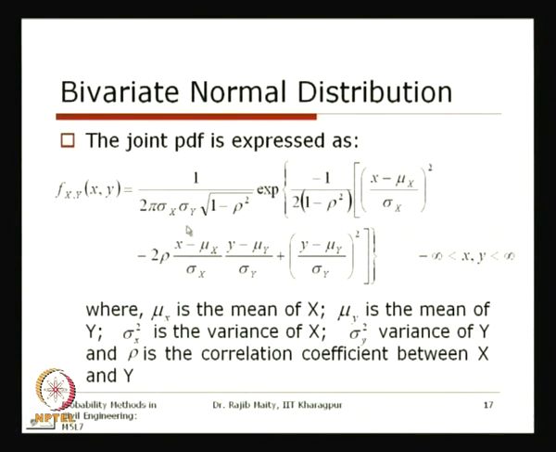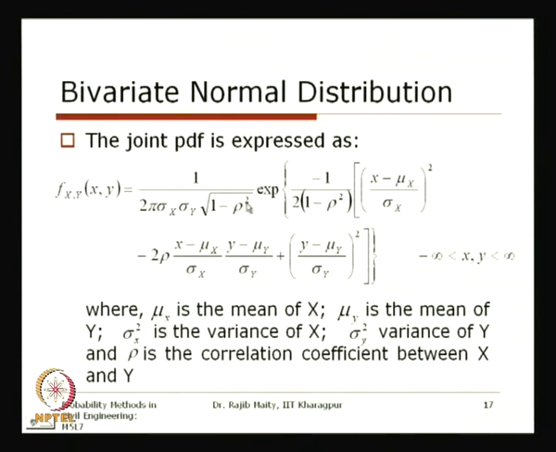You can see that sigma x is the standard deviation of x, and sigma y is the standard deviation of y. This rho is the correlation coefficient that we discussed earlier, the correlation coefficient between x and y. Then mu x is the mean of the random variable x, and mu y is the mean of the random variable y. Now just to read this out: 1 by 2 pi sigma x sigma